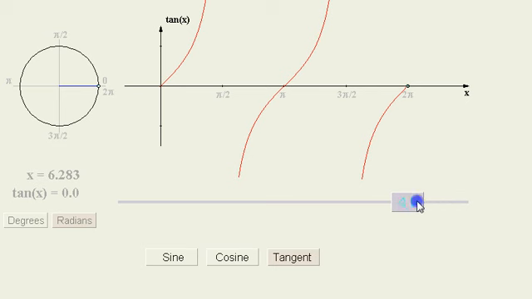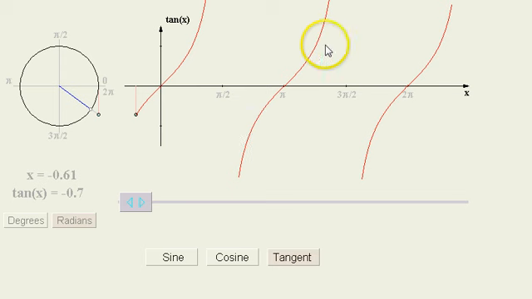Now, if we kept going, it would continue on. So this would cycle through. I'm going to go backwards here and also show what happens on the other side of the graph. So we have basically these curved shapes that go every pi over 2 units. So from negative pi over 2 to pi over 2, then we have an asymptote. Then from pi over 2 to 3 pi over 2, then we have another asymptote. Then from 3 pi over 2 to the next one, which would be 5 pi over 2, we'd have another